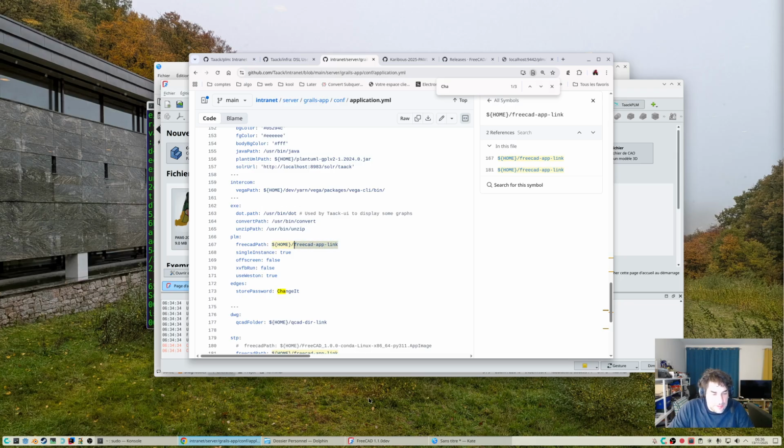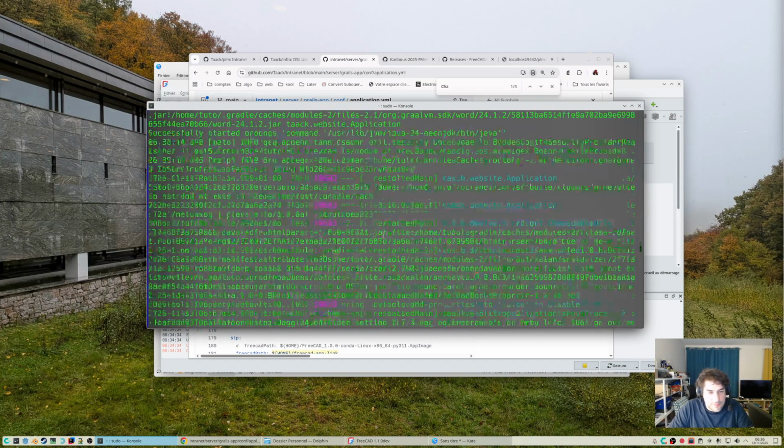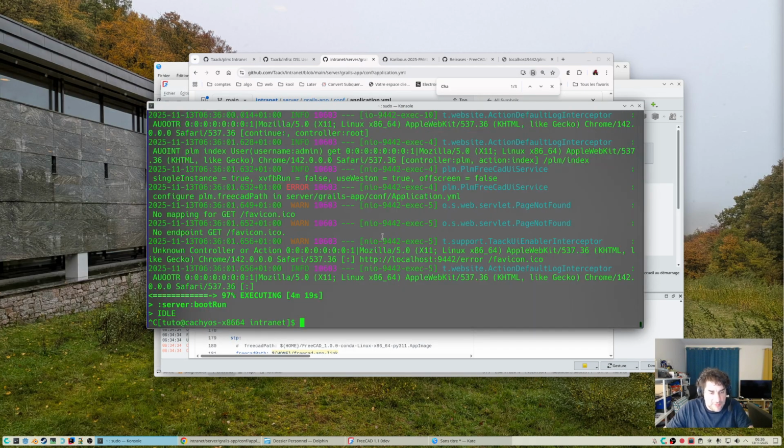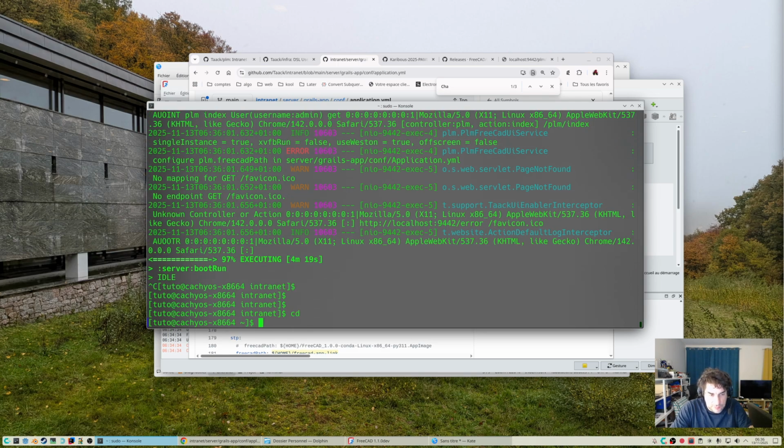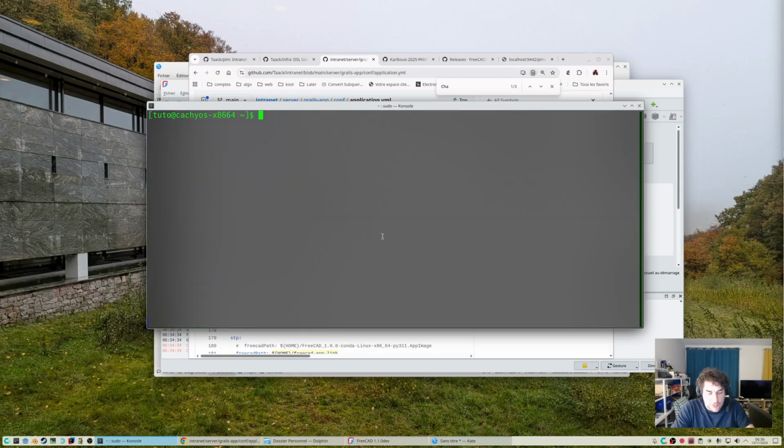So we will create a FreeCAD AppLink. You can change those variables in the configuration file if you want. So I stop the server, and I create the symbolic link called FreeCAD AppLink that points to the FreeCAD app. Okay.